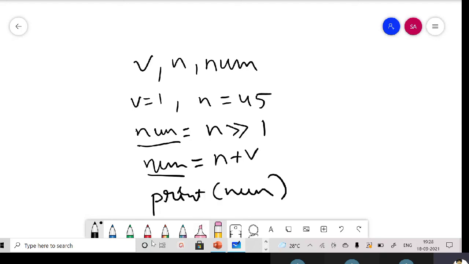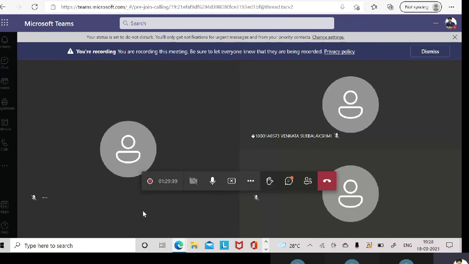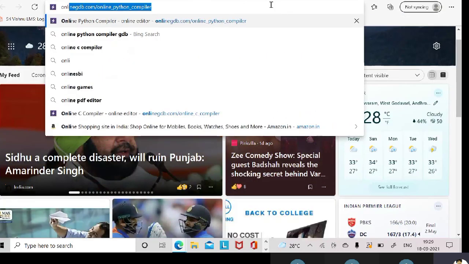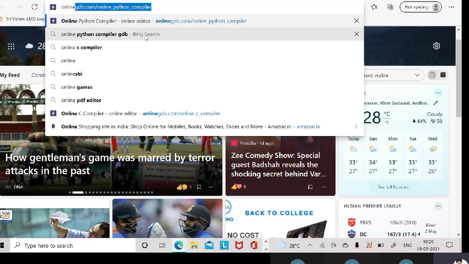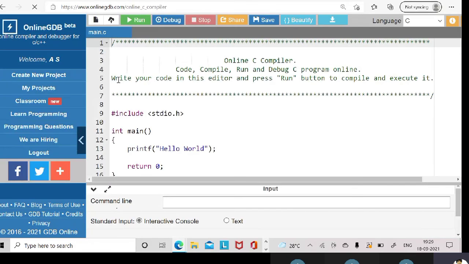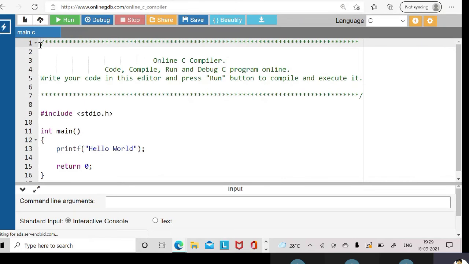I'll convert this into a program so that you get better clarity instead of guessing. Can you see my screen?